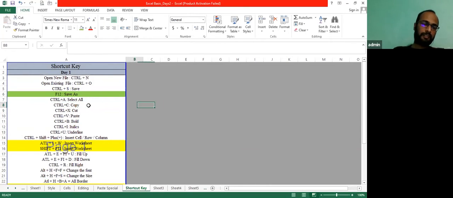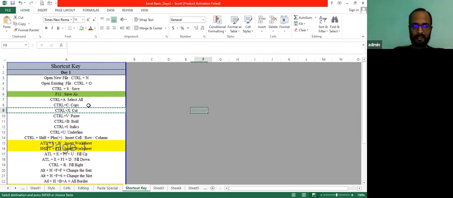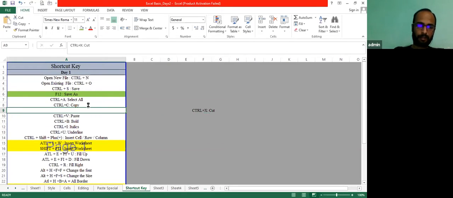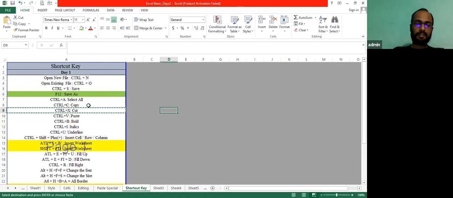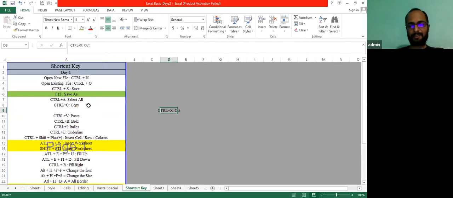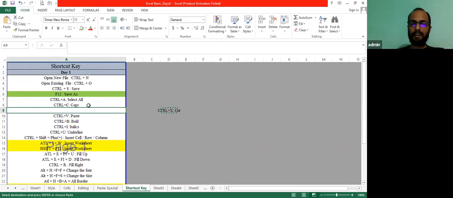If I want to move this from this cell to another cell, I just need to press Control X, then Control V. Alternatively, you can press Control X, then reach the destination, and you don't need to press Control V. You can also just press Enter. Once you press Enter, it will work the same as a paste. However, this command will work in Excel only. Control X we can use in Word also, but there you cannot use only Enter to paste the content that you have moved from the source.